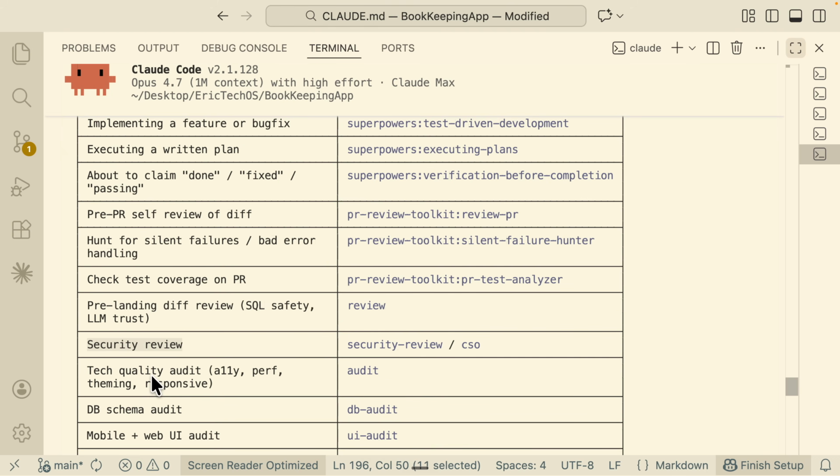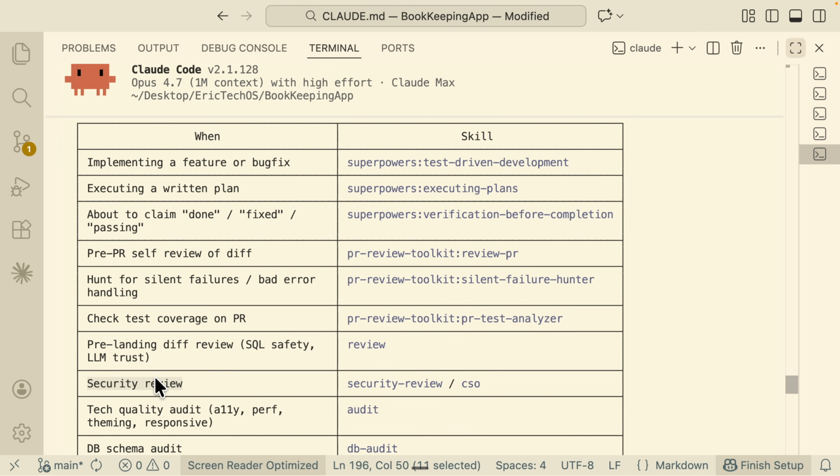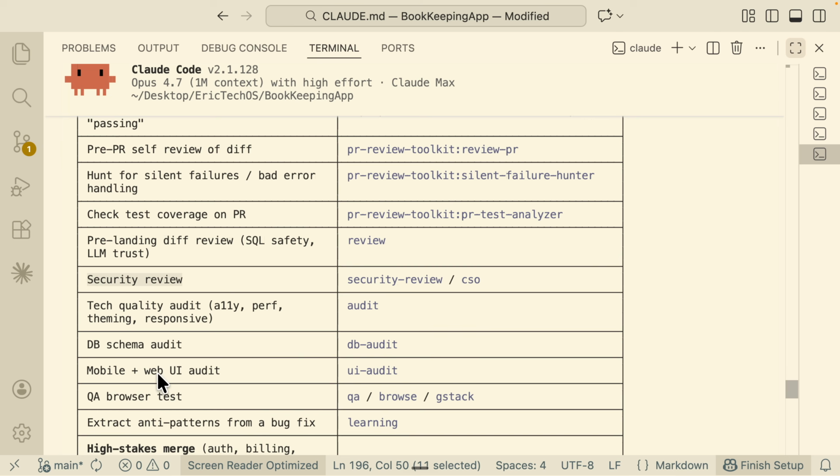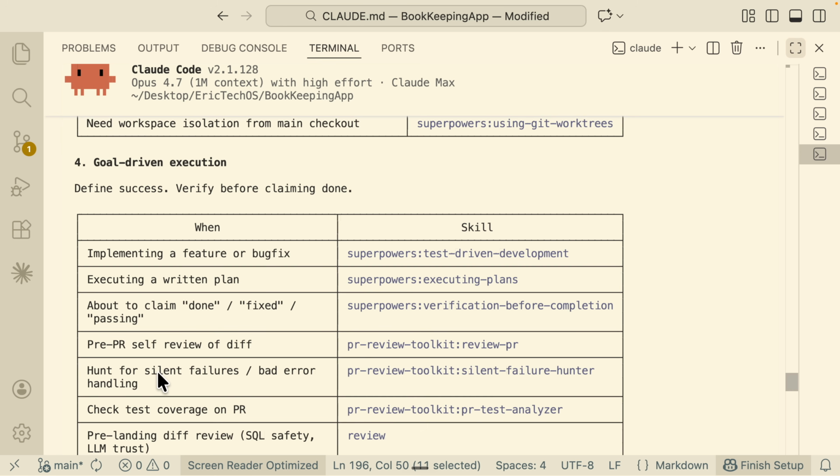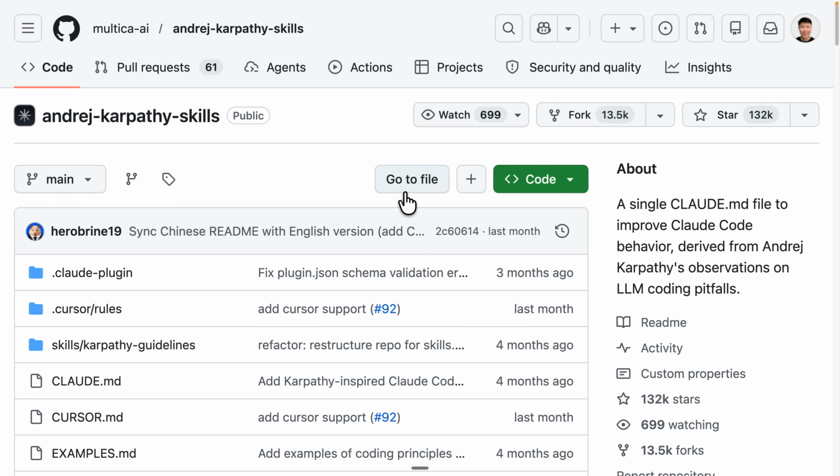And making sure that they're not only following the constraints, but also calling the right skills to act on it, right? So you can see the possibility here is endless, and you can just pick the skill that you want and add it into your Claude.md file, and Claude knows exactly what skill to trigger based on your preference. Okay, so pretty much that's it for this video, and honestly, I don't want my Claude.md file to be too long, so I just wanted to keep it short, just keep some skills that I really like inside of a Claude.md file. All right, so you can see that's exactly the Andrej Karpathy skills.